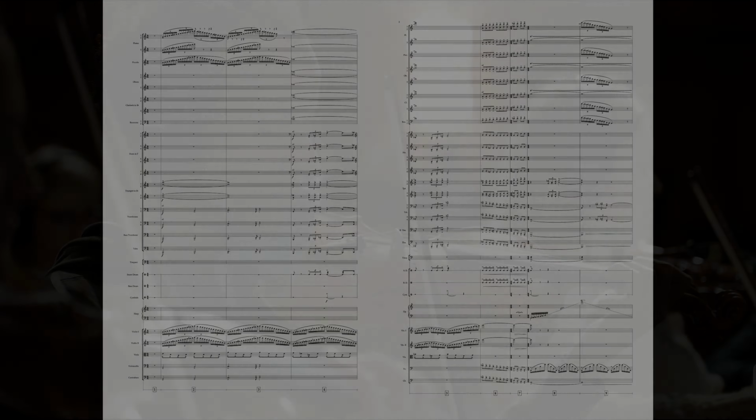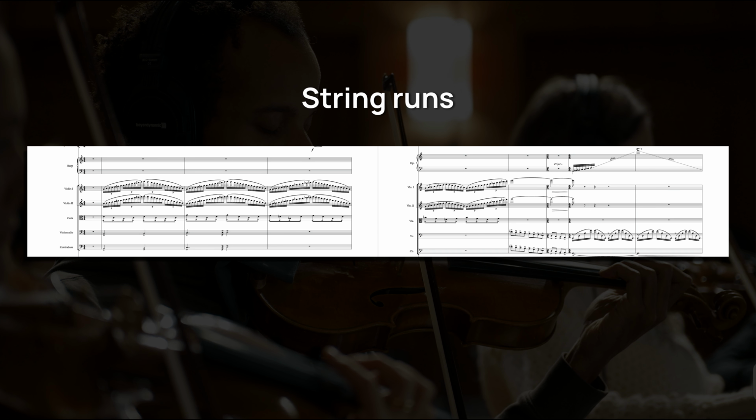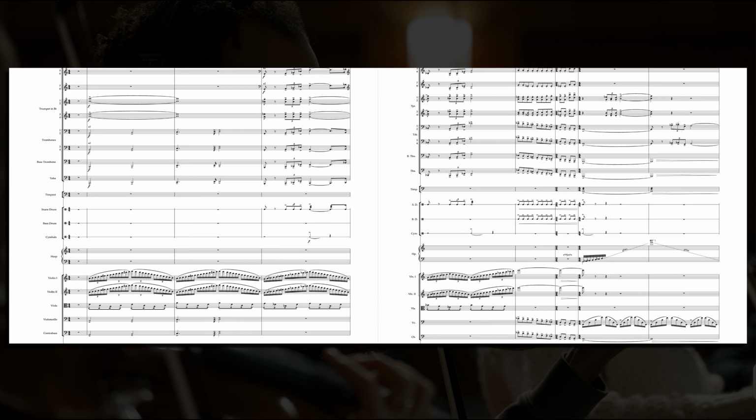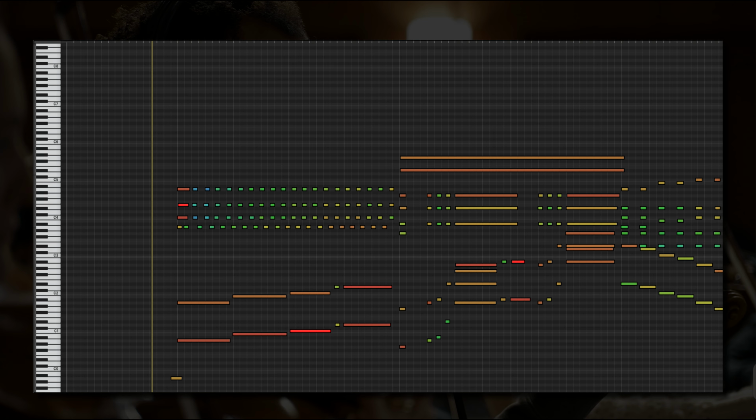In this third example, we'll turn our attention to the string runs. They always add an electrifying quality to tutti passages, even when embedded within a dense tutti texture. A run can subtly energize the entire passage. Let's start by hearing the passage in its piano version, where I'm planning to introduce some cascading violin runs.